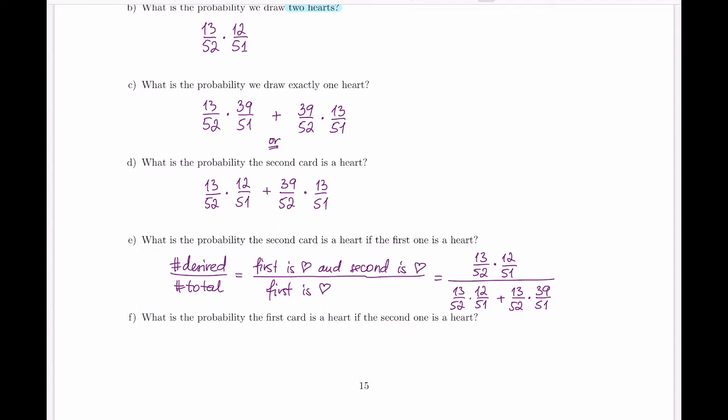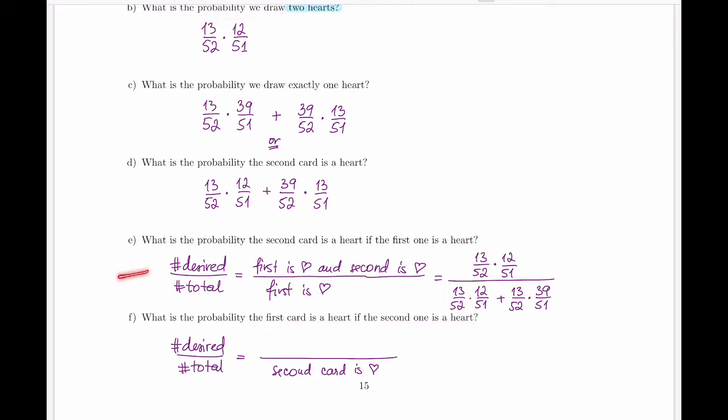What's the probability the first card is a heart if the second one is a heart? So again, we're going to have our generalization of desired versus total. But now my total is given by the restriction: the second one is a heart. So my denominator is going to be all the options when the second card is a heart, whereas my top one is going to have both the first one is a heart and the second one is a heart,